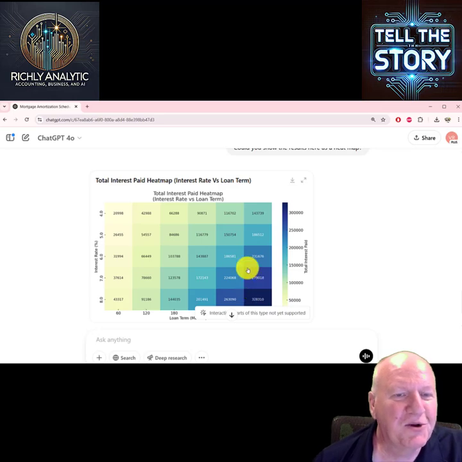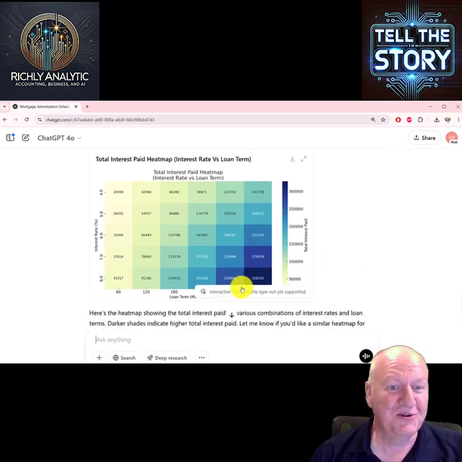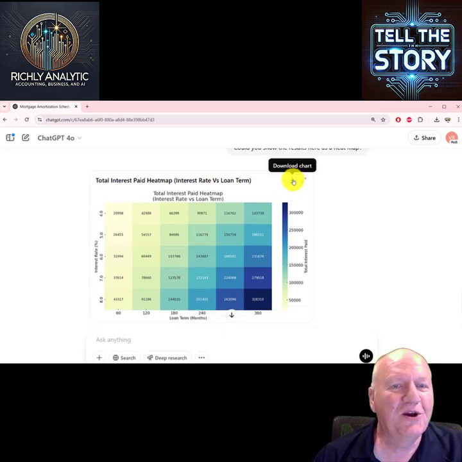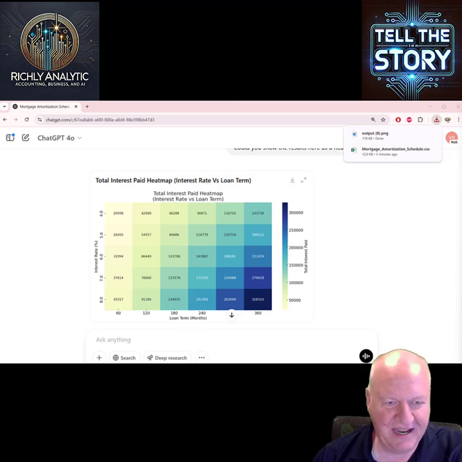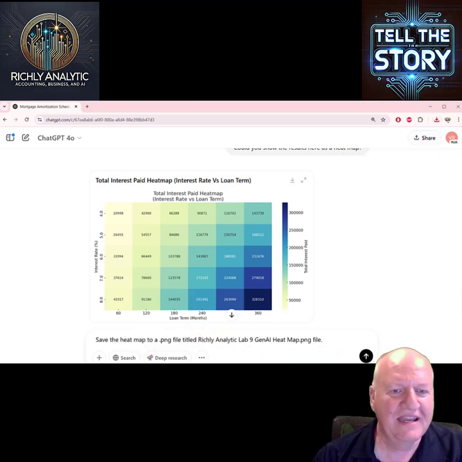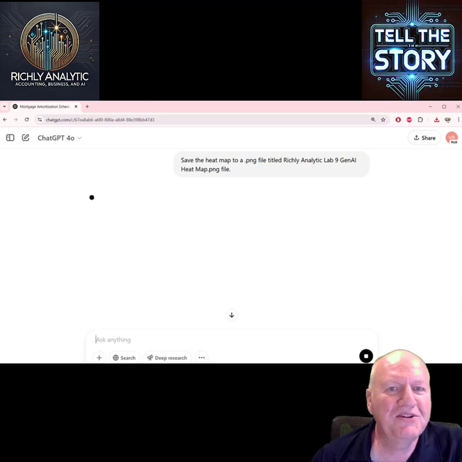I also wanted to show the base case that we were talking about. We started at 6% and 360 months, so you can see that, $231,676. Now when you're going to download, you can just click download chart, but I don't really like how it says output there, because I now have 8 outputs that I haven't labeled yet. So I'm going to get more specific and tell it exactly how to save it. Here I'm going to say, save it to this particular location and save it as a .png file. And so it's going to be able to save that for us.